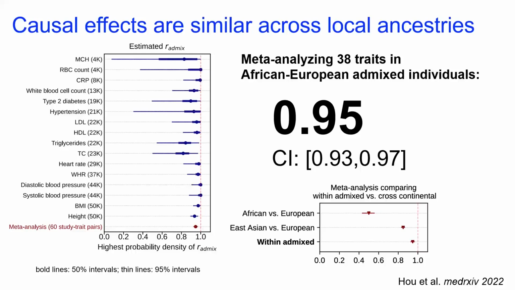Yeah, I went super fast over this, and my apologies for not going into it. So in all this work, we've fitted different effect sizes in the two populations, so we allow them to be as free as possible, and we did it in two ways. One way is to average across all the variants in the genome in a polygenic setting, by saying that the similarity in the genetic relationship matrix should match the similarity in the effect sizes. This is the standard Dremel type of approach, and that gives us that single number, 0.95.